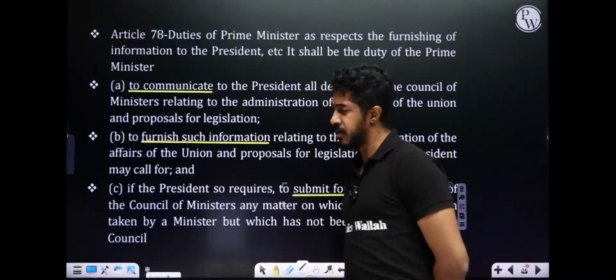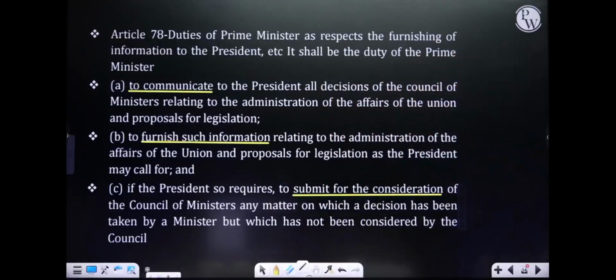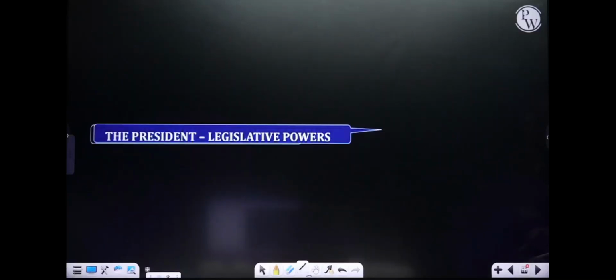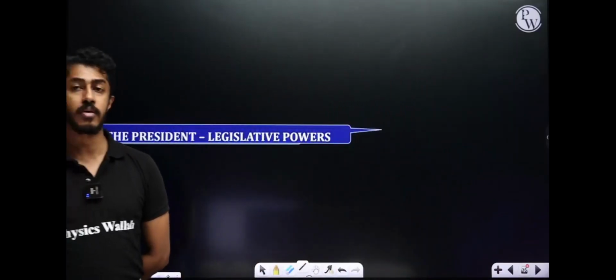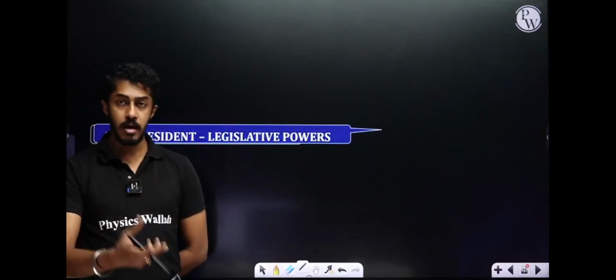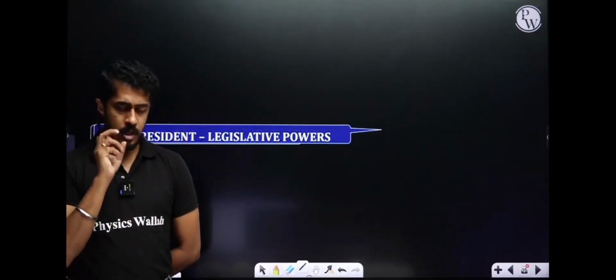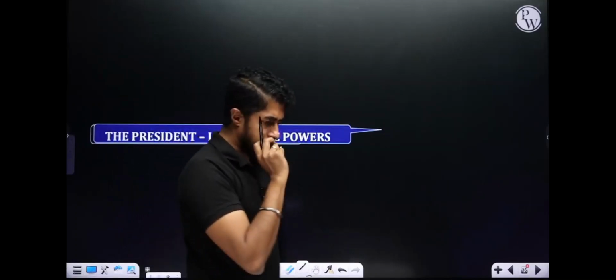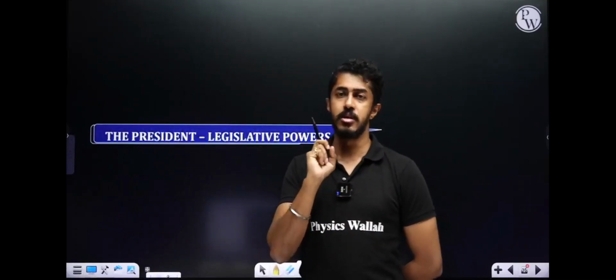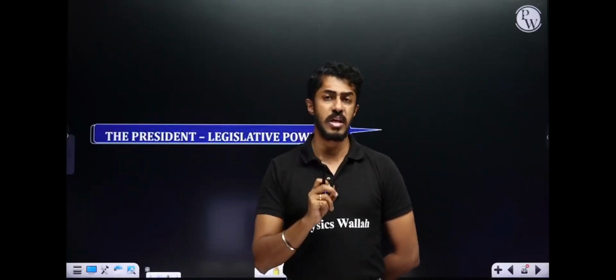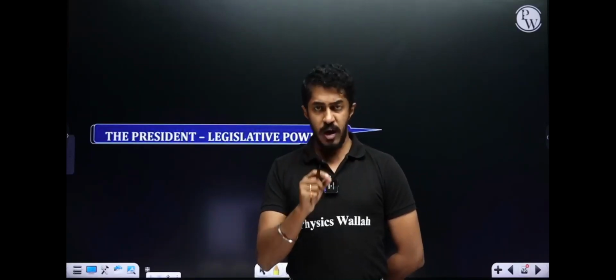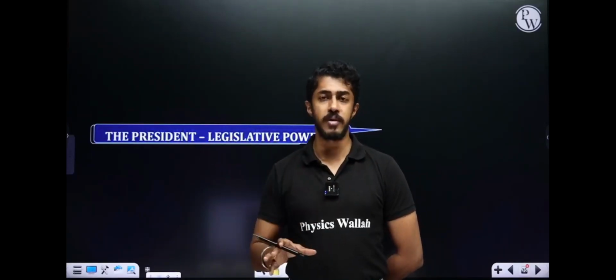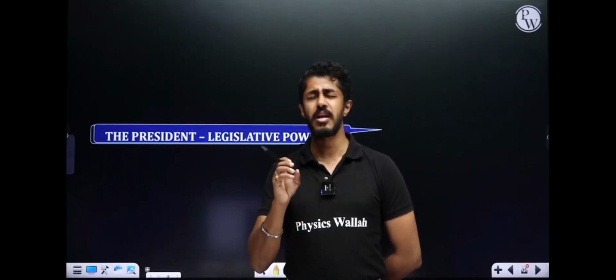Basic polity again, people, nothing much important here from an exam perspective of public administration. Coming to the President's legislative power, like I told you, there was nothing there where we could actually discuss this aspect or that aspect. When it comes to the President's rule, this particular topic, we need to focus on those areas where there is a chance for a question to come. Now, if you ask me what are the chances for a question to come over here, I would say it's very, very, very less.